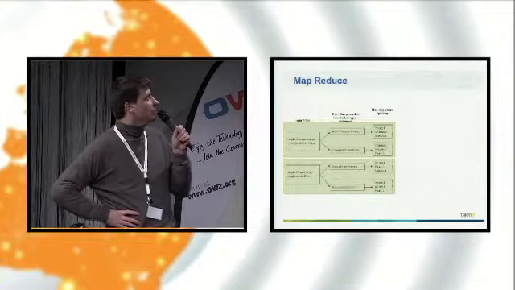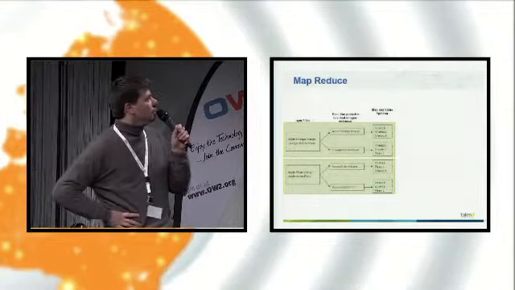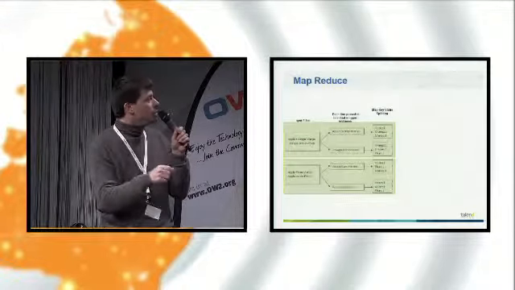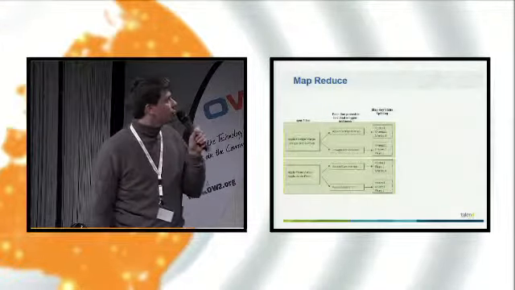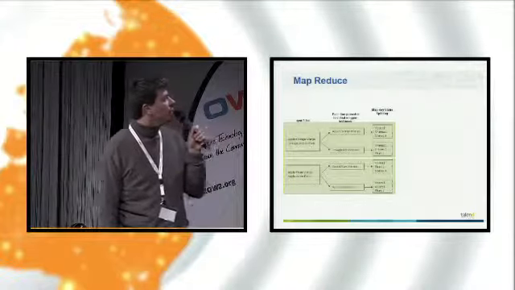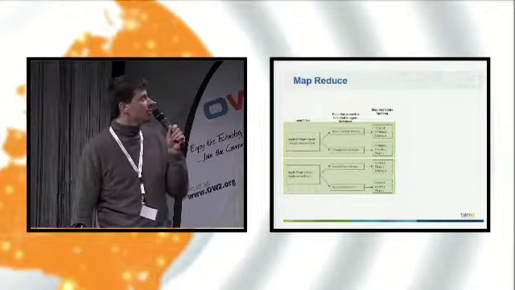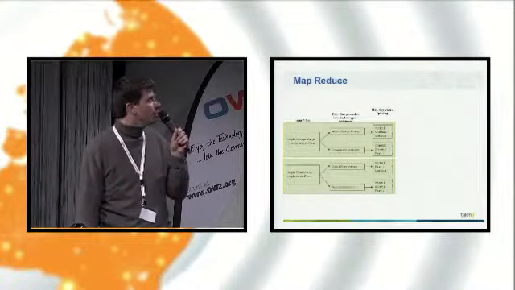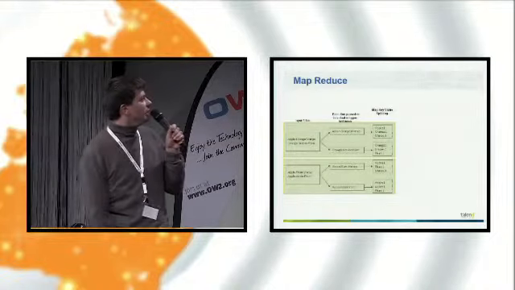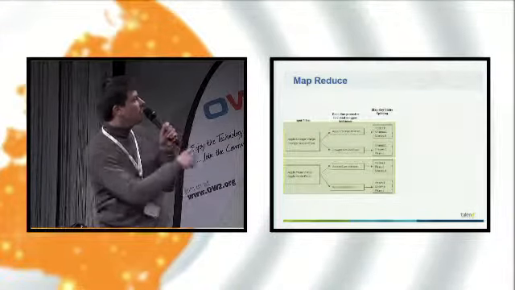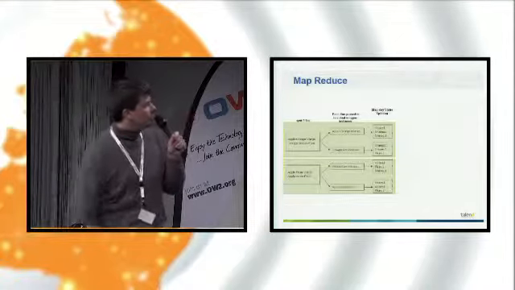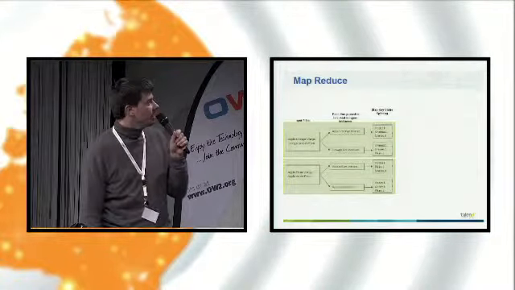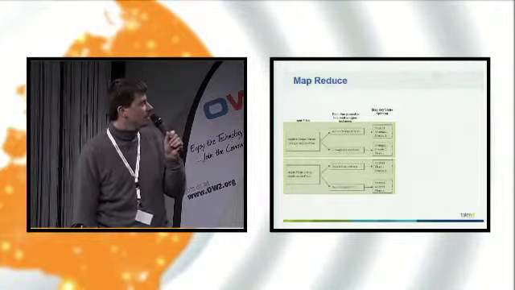a key value with the name of the word and 1. So for the first row, for example, for the first map, you have apple, orange, and mango, and you will just emit apple 1, orange 1, mango 1. If you take the last one, for example, you have 2 times apple, and plum, and the map will just tokenize and generate apple 1, and plum 1.